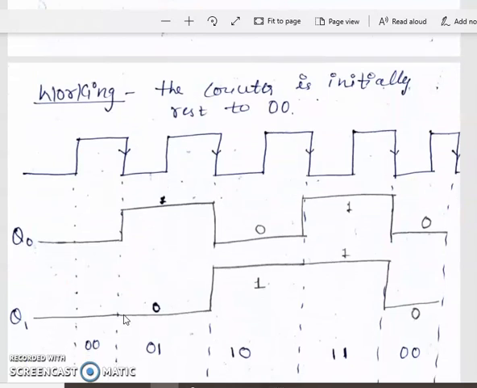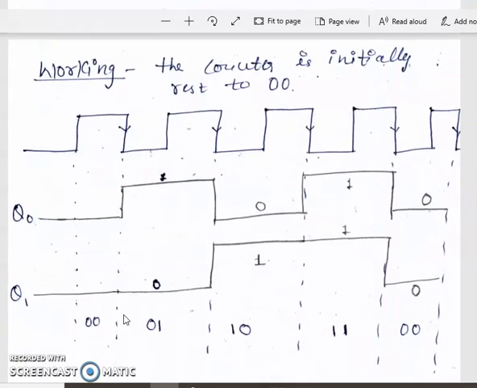In this case, because it is an up counter, two flip-flops are used, because it is a 2-bit up counter or asynchronous counter. Q0 and Q1 initial states are reset, that is 0 and 0. When we receive the clock pulse, the first flip-flop always goes to toggling mode. 0 goes to 1 on the first clock, that is the first